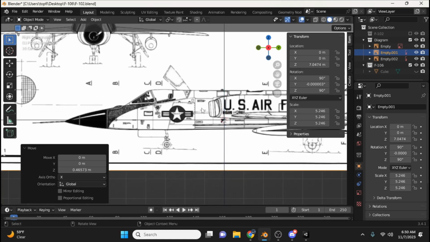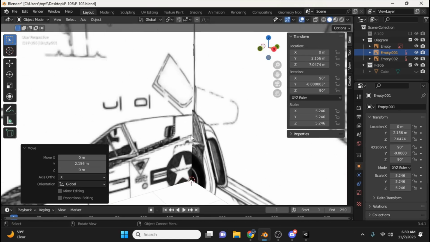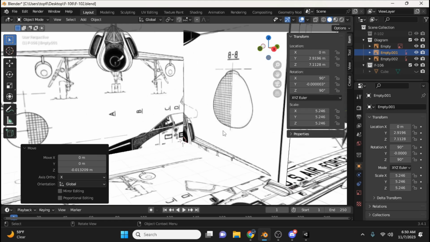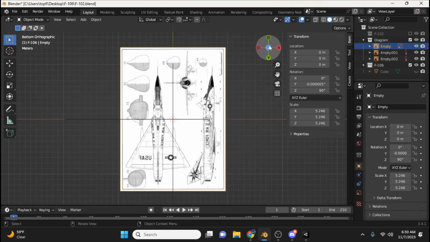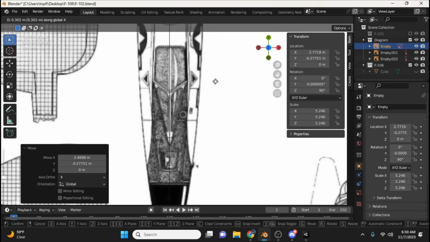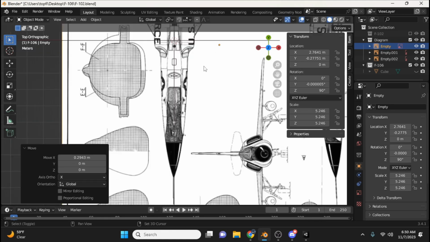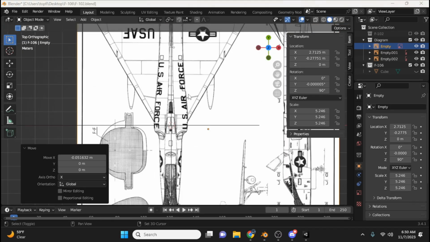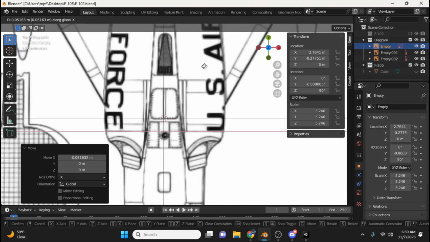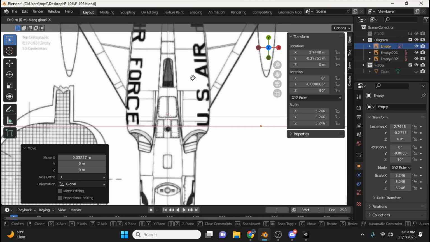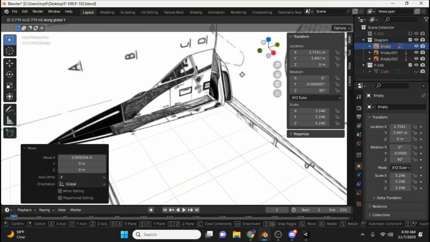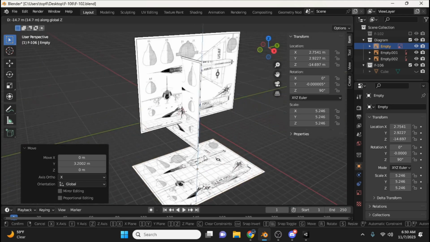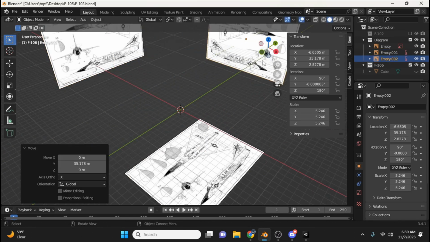So get the diagrams all lined up. One reference I like to use is the top of the canopy, because you can sort of match these lines up where they need to go. In the front, this one's going to be a little bit more of a pain. We'll see. Doesn't need to be perfect, just needs to be good enough. There we go. Look at that. We got all our diagrams,